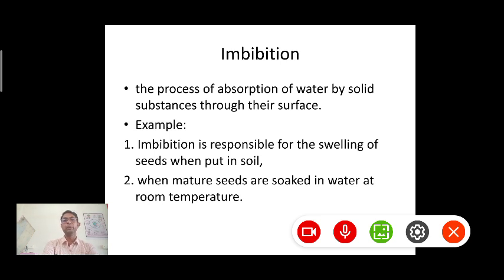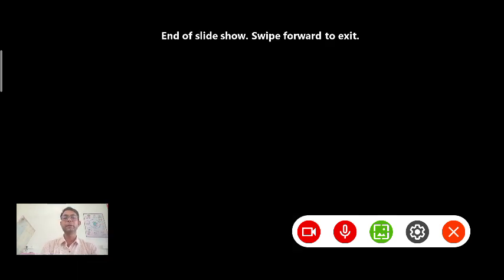Or when mature seeds are soaked in water at room temperature, they start to swell due to the process known as imbibition. So imbibition is the most important factor, or we can say process, which takes place in nature for the germination of seed. So these are nothing but the different parameters or terminologies which are generally used in